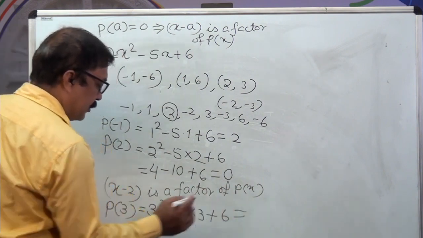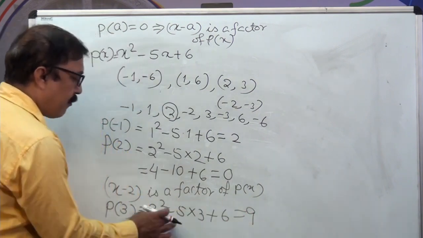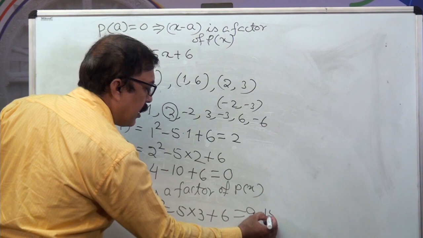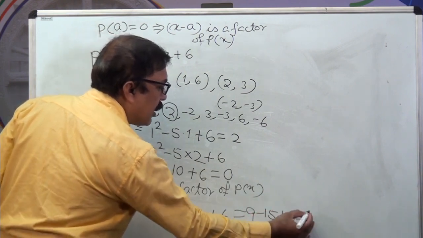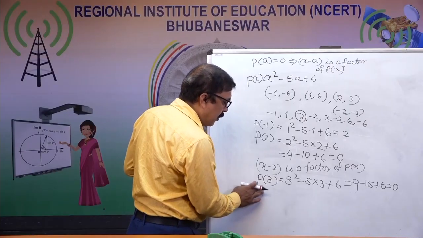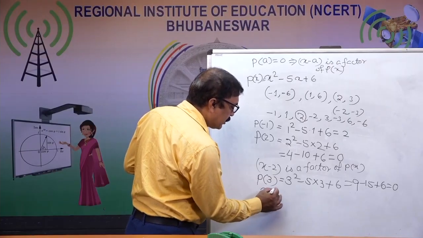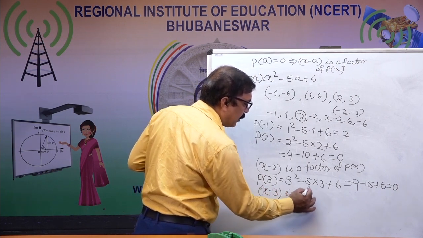This gives 3 square gives 9 minus 15 plus 6. Obviously, this is 0. So, by factor theorem, x minus 3 is a factor